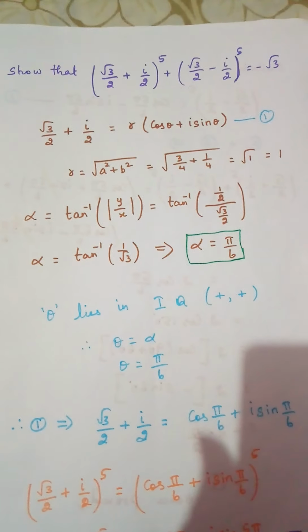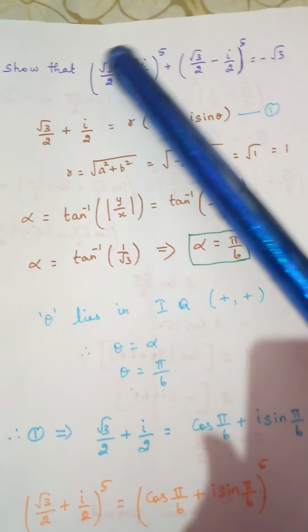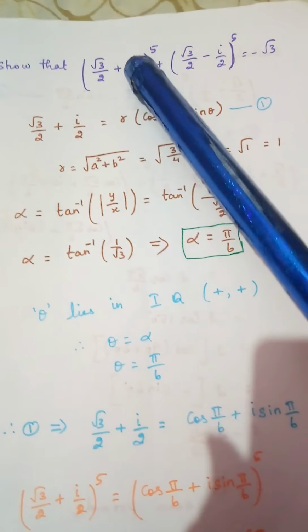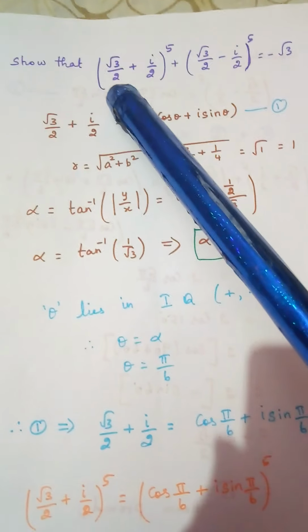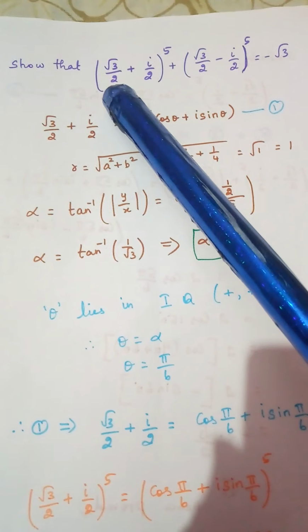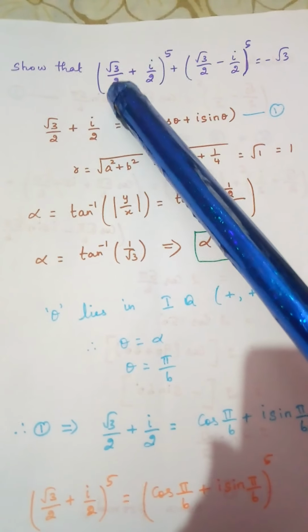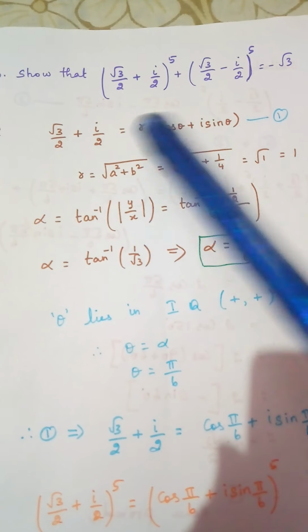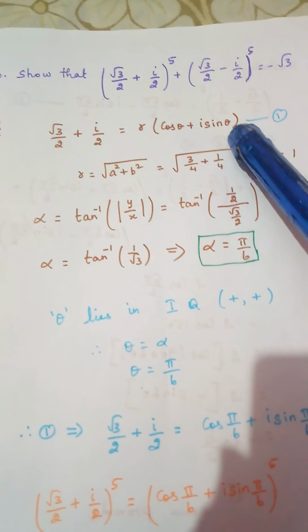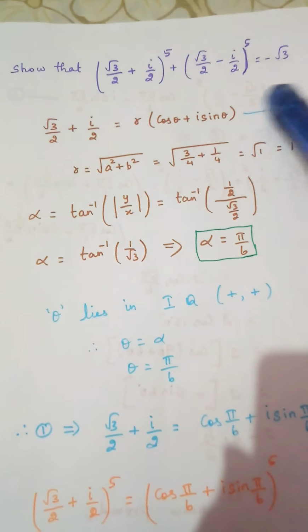So our aim is to take this first complex number and convert it into polar form. I need not explain what is meant by polar form because we have seen it clearly. So I take this complex number and write it in polar form, r into cos theta plus i sin theta. This is given as equation number 1.